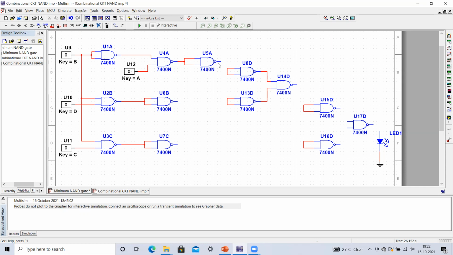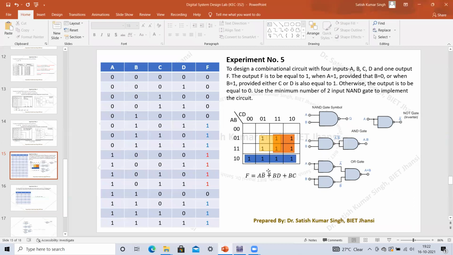Now, if we want to add these 2 inputs, A dot B bar and B dot D, we have to implement one OR gate. We have to perform the OR operation. This OR operation can be performed by having this particular structure.